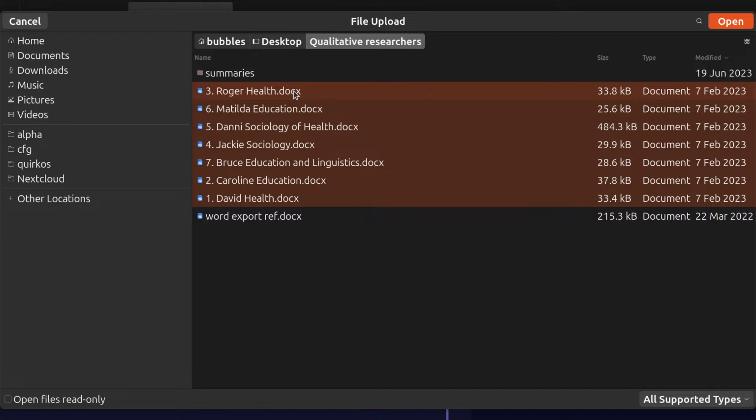So these are transcripts from qualitative interviews, semi-structured interviews that are very typical for what you might have in a common project. And you can use those to practice your qualitative research. And you can also see what coded projects look like in Quirkos. And if you've never seen coded qualitative research before, this can be really handy,